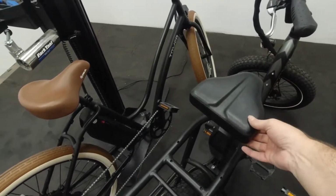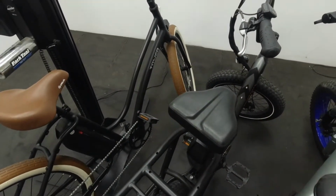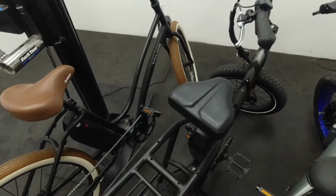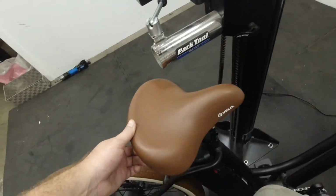Also, this particular seat post is molded on here, so you cannot take this seat post and mount a different seat on it. If you wanted to switch anything out, you would have to get a new seat and a new seat post, which is not great. Then we're going to shimmy over here to our bike where we have the Velo Comfort